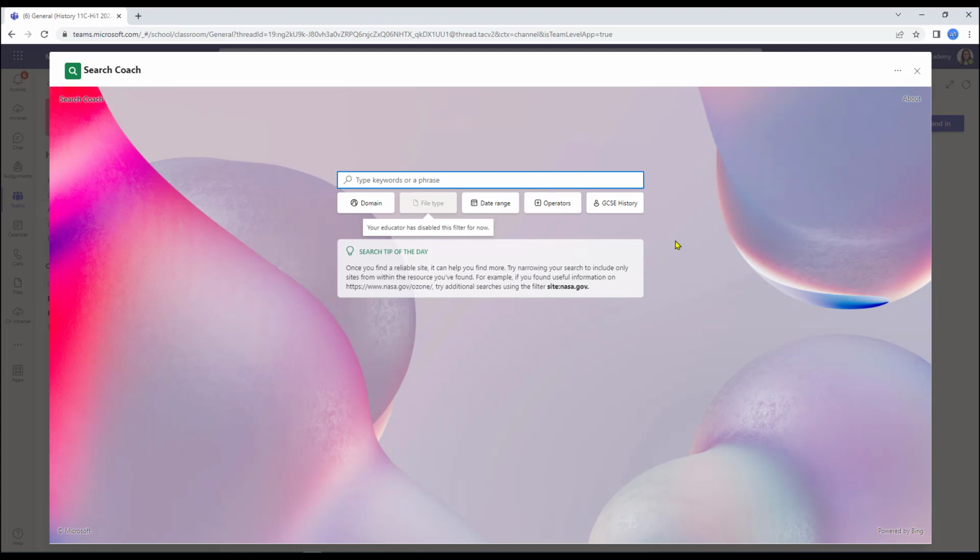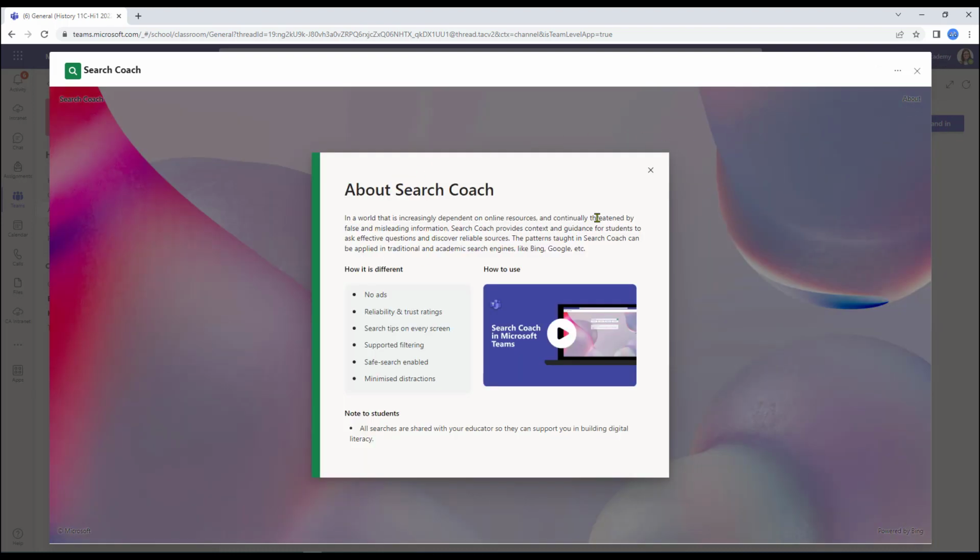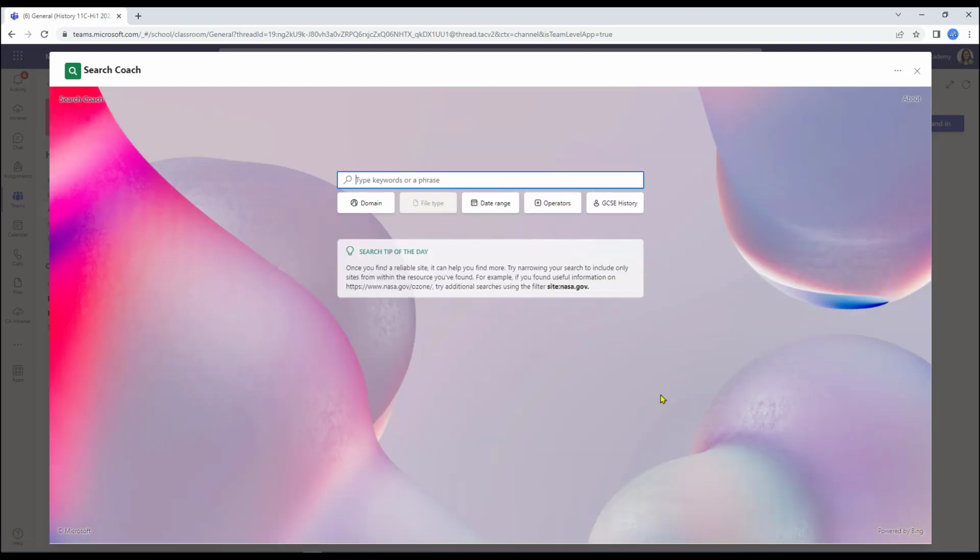If it's the first time a student comes to open the Search Coach, it will bring up an instructions page, and students can click on About. This will open up a brief overview of Search Coach, and also there's a how to use video available to them as well. All the student needs to do now is type in a keyword or a phrase,